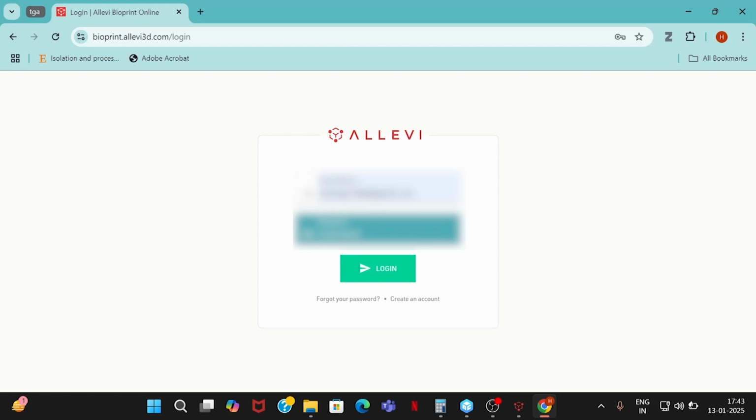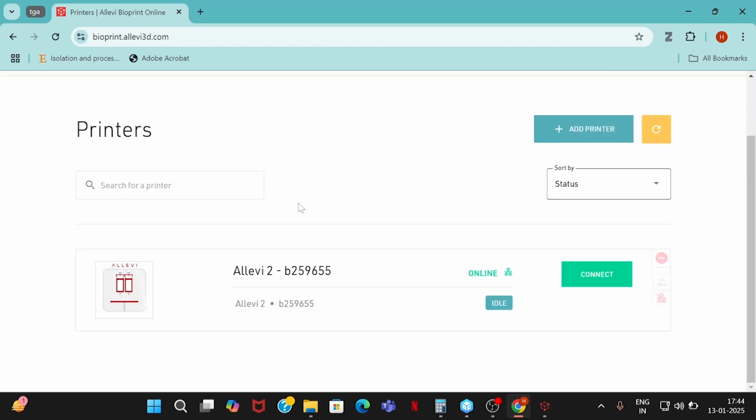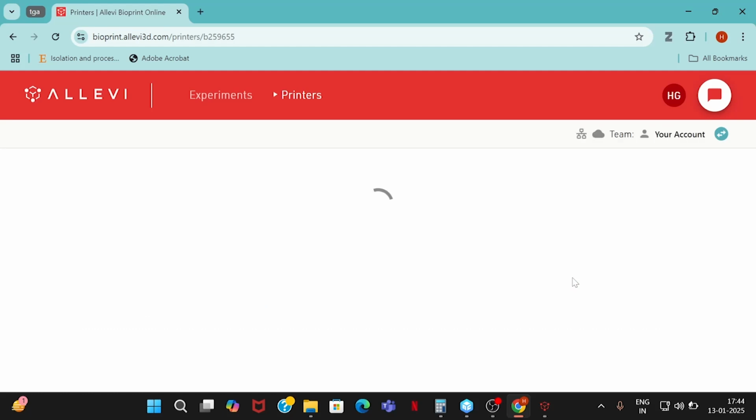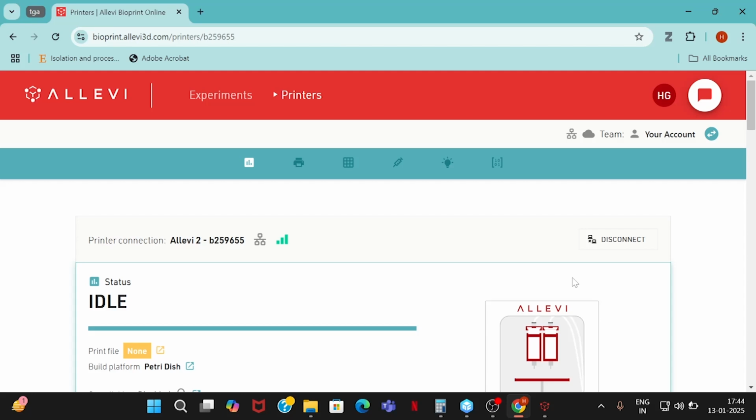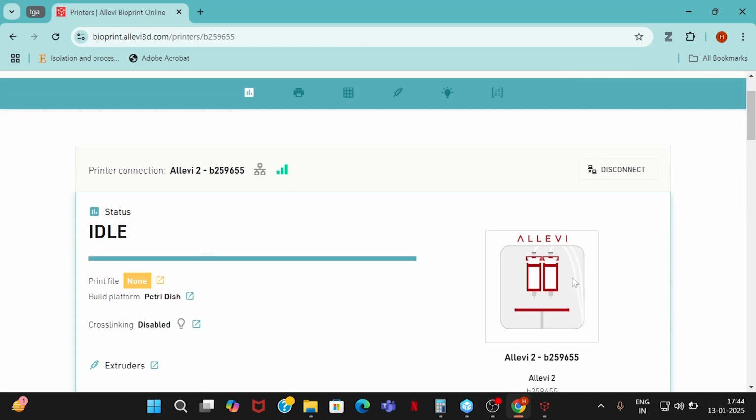Log into the software through Chrome by entering your credentials. Once you are logged in, the available bioprinting machines will be displayed. Select the correct machine and press connect to establish a connection. The machine will then be ready to operate through the PC.